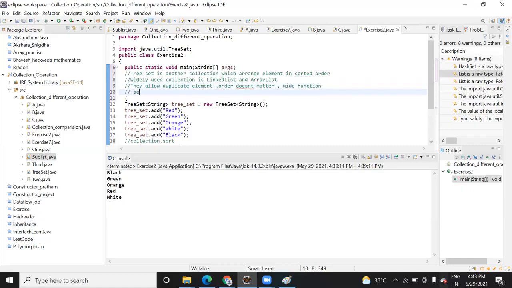And set and map are used with some restrictions: order and duplicate elements. So those are the restrictions that exist on set. Means I can say map.